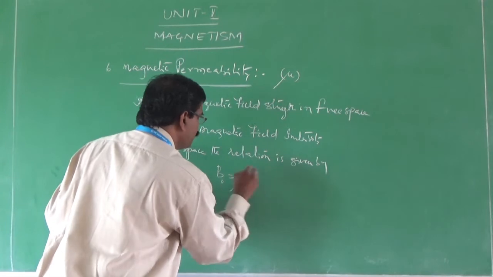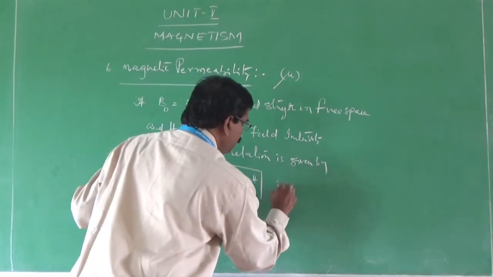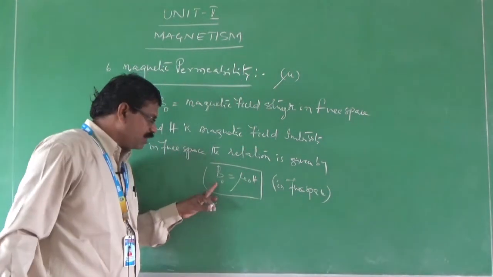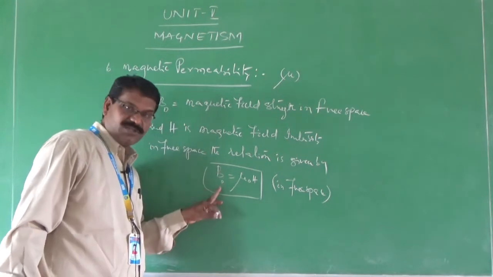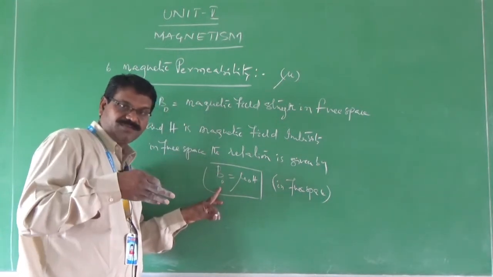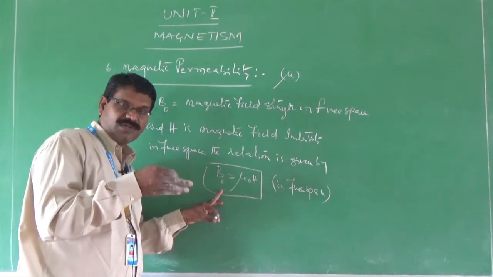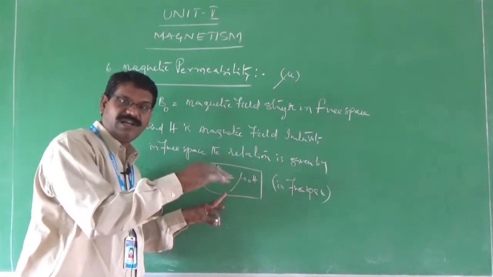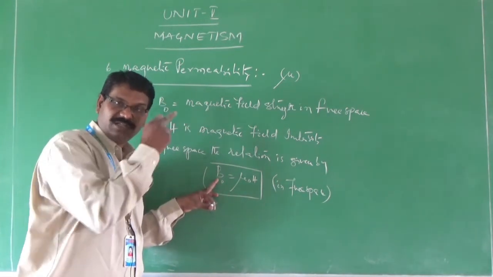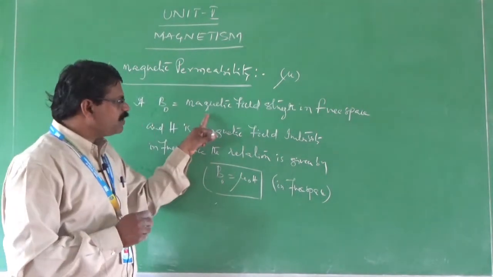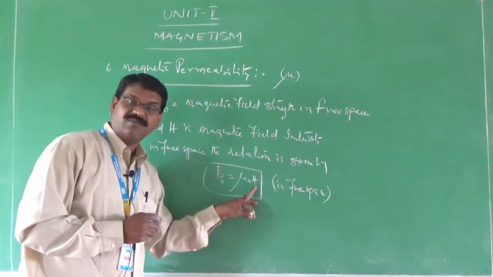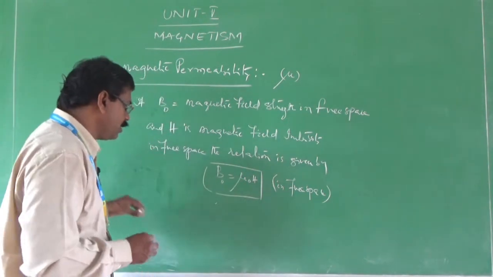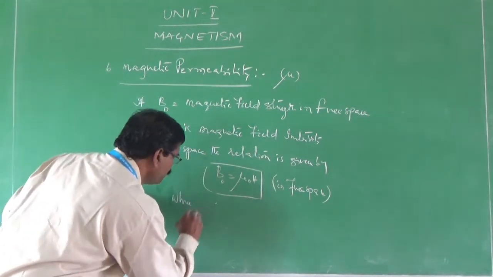This is the important equation you have to remember here. So this is completely in free space. So how do we represent that this relation is in free space? Because B0 is equal to mu naught H. As I told you in the previous definition, in magnetic permeability, the magnetic field strength is directly proportional to magnetic field density. Then if we remove that proportionality, we put a constant that is called mu. Let it be called magnetic permeability of the medium. Suppose my magnetic field strength in free space is directly proportional to magnetic field density, I could write it as B0 is equal to mu naught H,